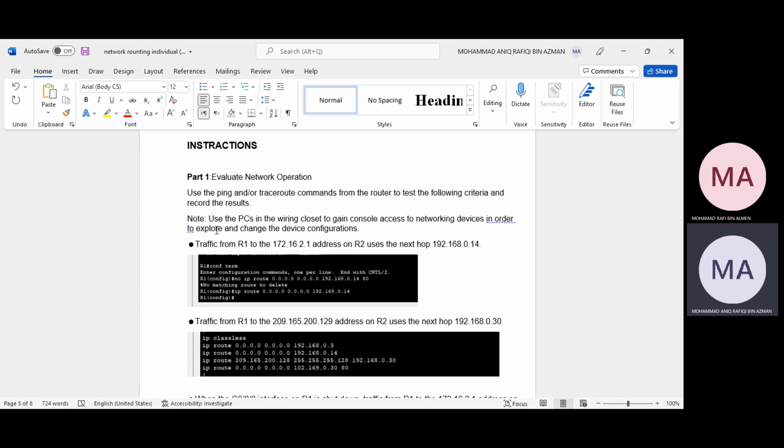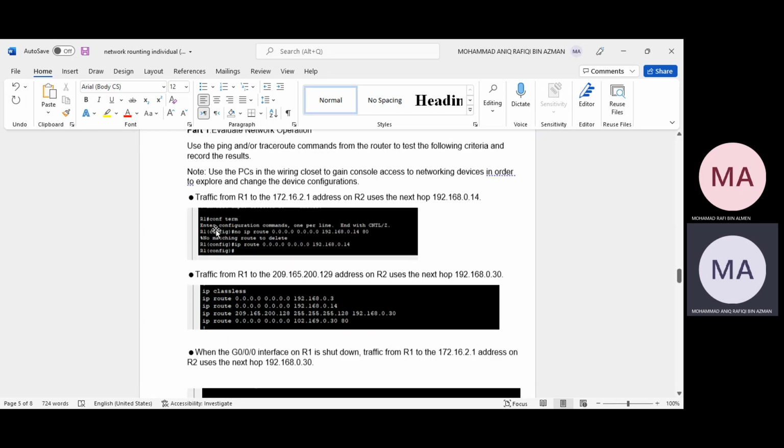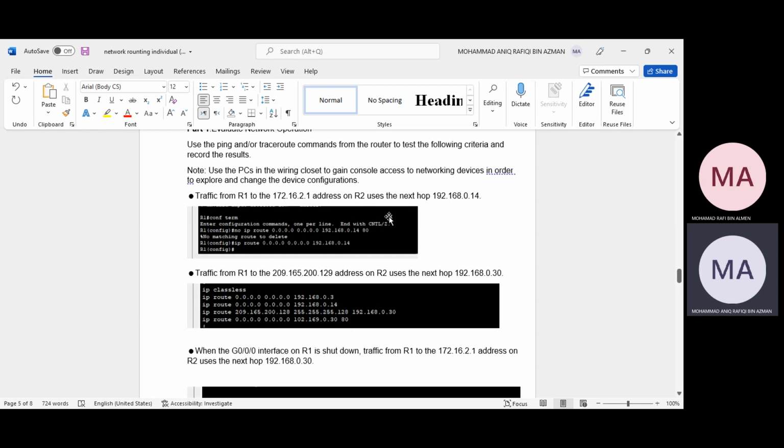Use the ping or traceroute commands from the router to test the following criteria and record the results. Question 1: traffic from R1 to the 172.16.2.1 address on R2 uses the next hop 192.168.0.14. This is how my command looks.